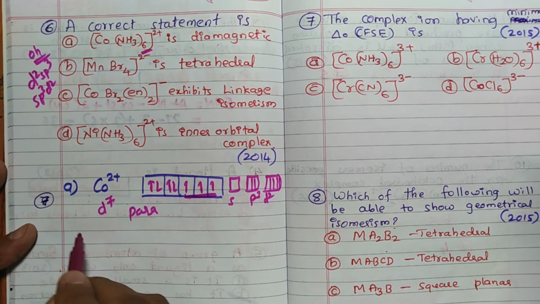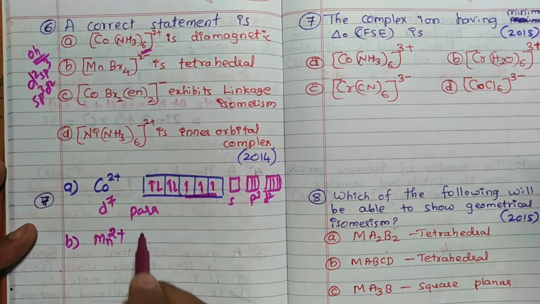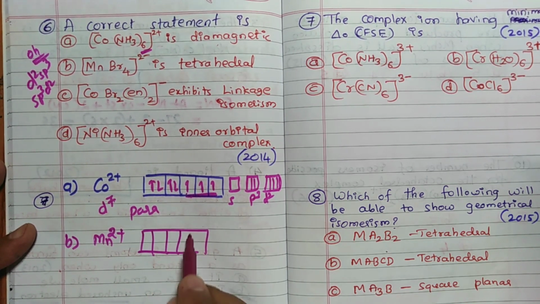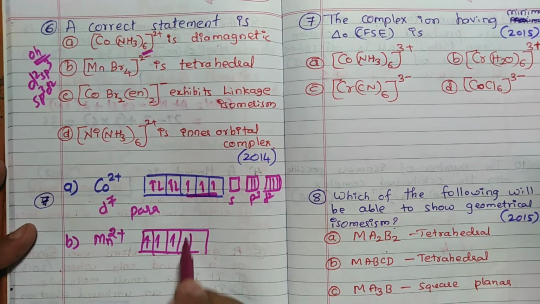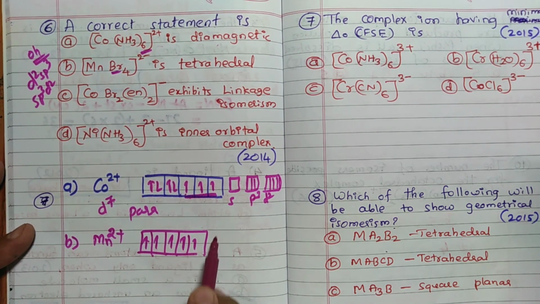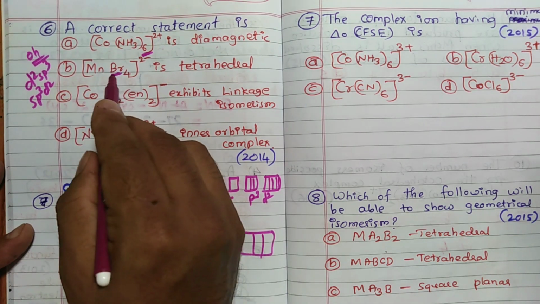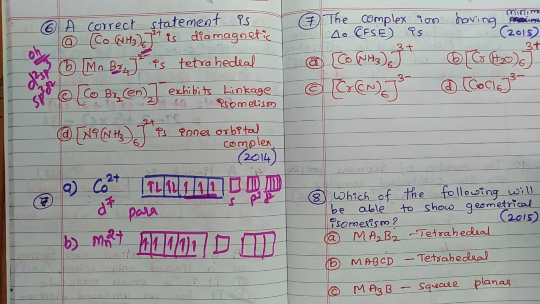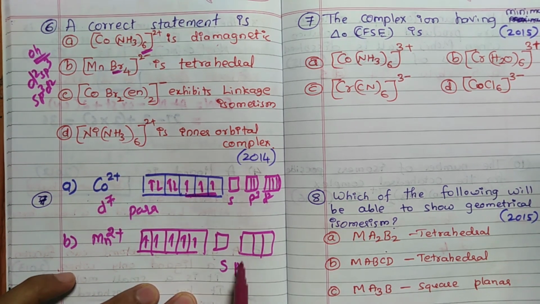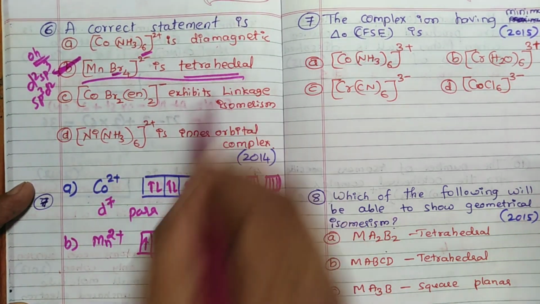Fine. Then [MnBr4] 2-, you can see Mn. [MnBr4] 2- is Mn2+. Mn2+ means, remember, d5 electrons, and it is a weak ligand. Weak ligand means tetrahedral, so it will not pair up the electrons. Hence it will take the next s and the next 3p. A total of 4 orbitals are required because Br4 is a weak ligand, so it will not pair up the electrons. Hence, remember, the hybridization becomes sp3, tetrahedral. So this is the correct answer.